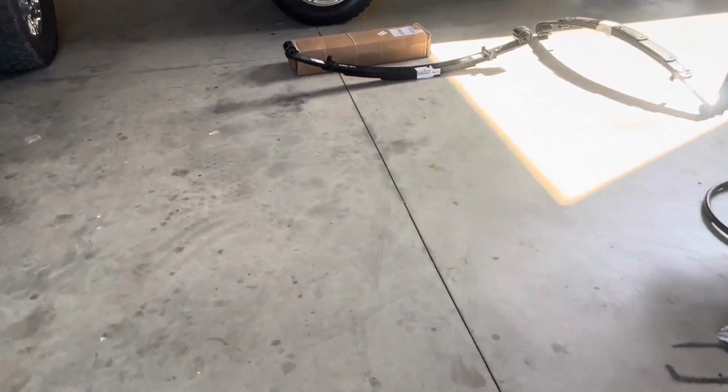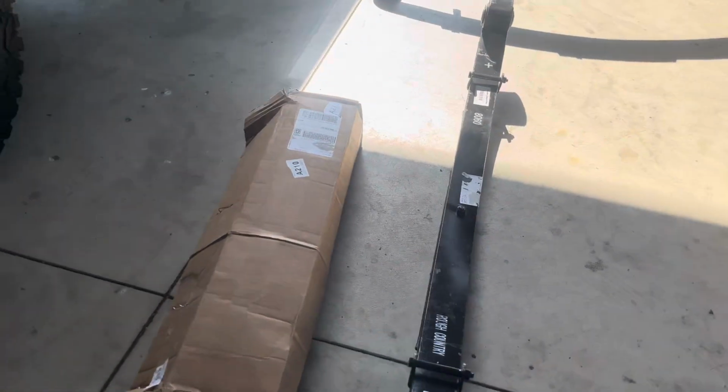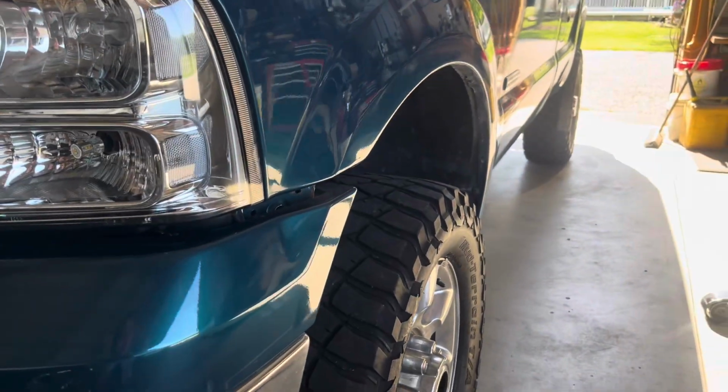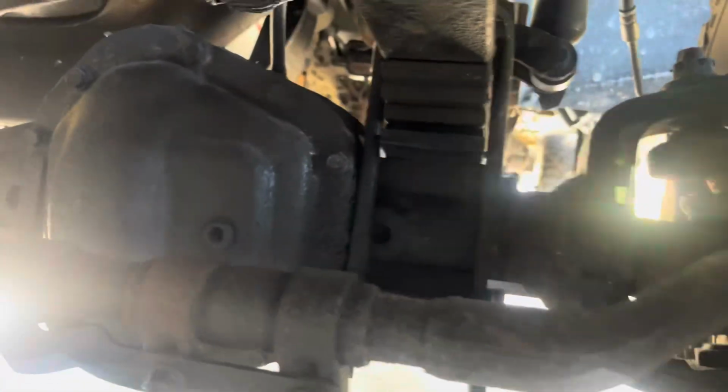Today we got our new package in from Rough Country. I got a 2.5-inch suspension leveling kit for it, which a lot of you guys might be wondering why I did this, as the truck already is leveled. Well, right now it's on a 2-inch leveling kit with these blocks under here instead of full springs,